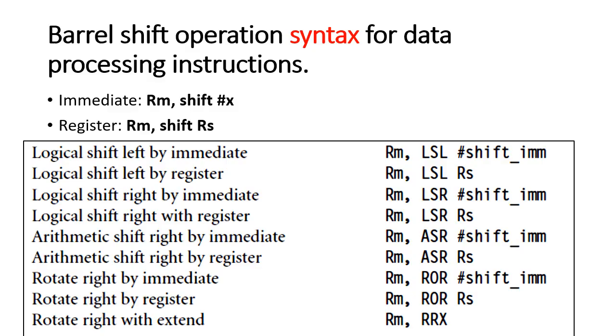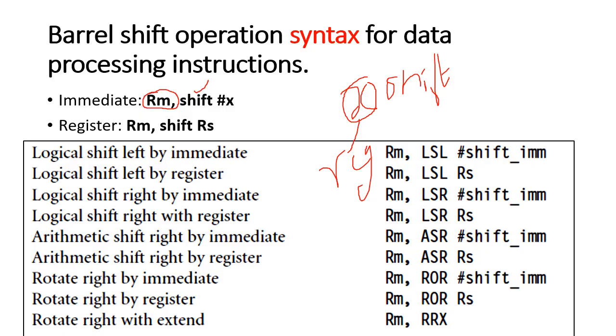Now the addressing modes or the syntax for rotate or shift operations here. So what is the meaning of syntax in this sense? I told you there are 5 operations, 3 shift operations and 2 rotate operations. They are supported by a left side x that must be a register. So the source operand of the shift operation must be a register. And on the right side, how many times a shift or rotate operation has to be done, that right side operand might be a number directly or maybe a register.